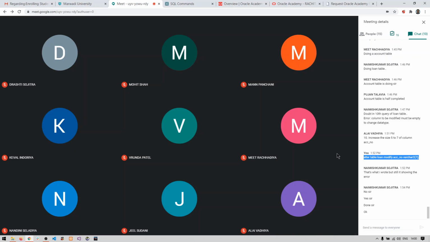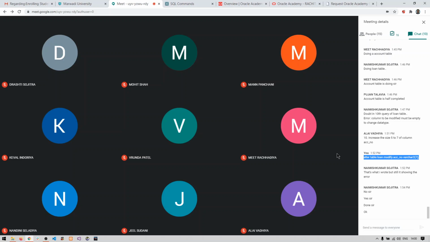See, in the installment table, query number 4 and query number 10 are quite tricky. So you just need to write in your own way. If you still face any problem in those particular queries, then just contact me. In query number 4, you need to write two update commands for L003 and L002.